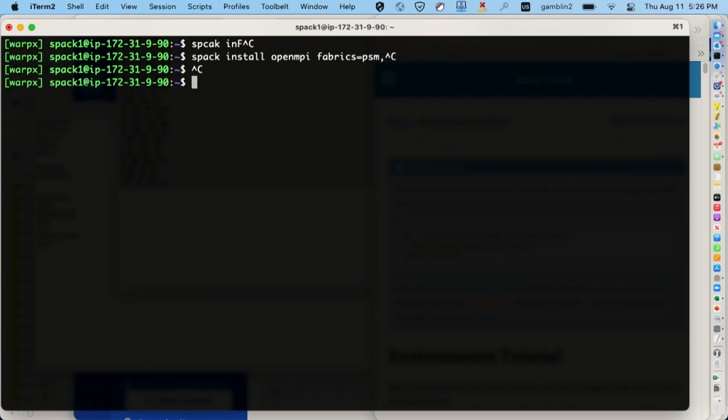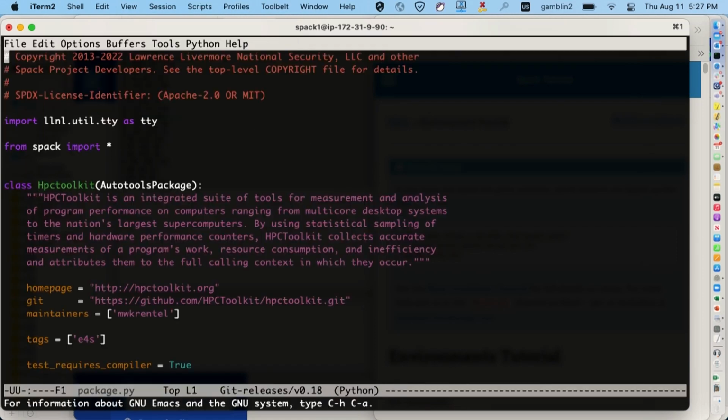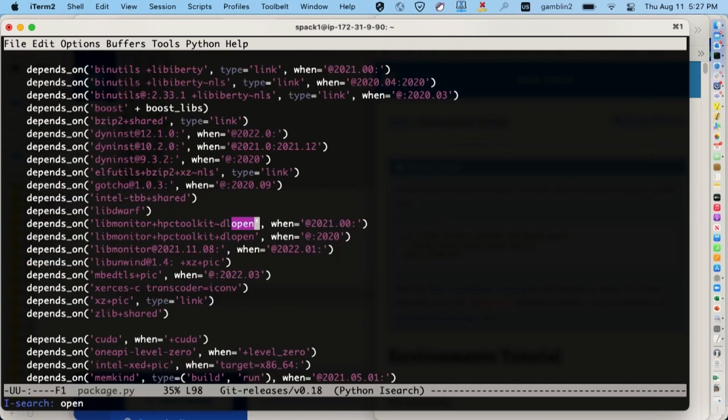Okay. And one more question. I was also looking for the OpenCL support, and I saw, if I open from the website, the package recipe. Okay, yeah, for which package? For the HPC toolkit. Oh yeah, just do this, spack edit HPC toolkit. And it'll pull it up for you. There you go. And here there was an OpenCL variant, but it doesn't appear in